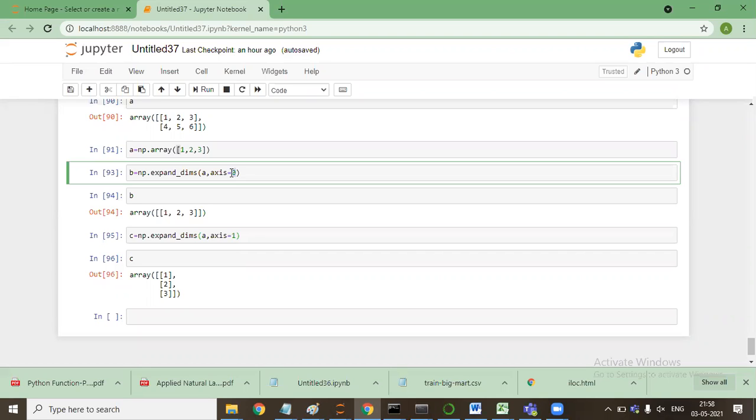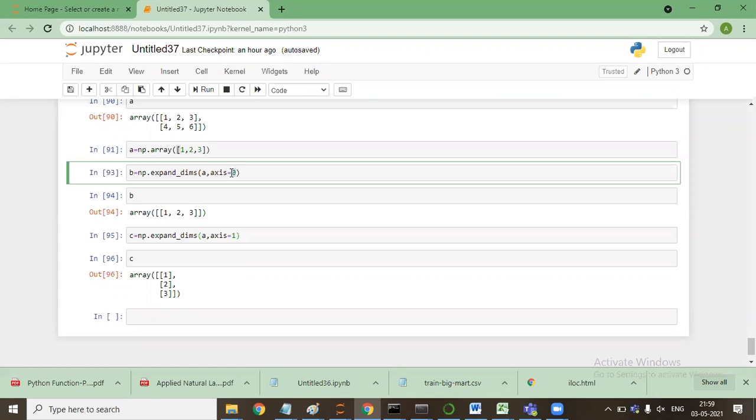Before this, did you understand what is dimension? Dimension is whenever it is a singular kind of a column, it is a single dimension. But when we have a double bracket, it becomes two-dimensional, which now has the capability to store a 2x2 matrix.